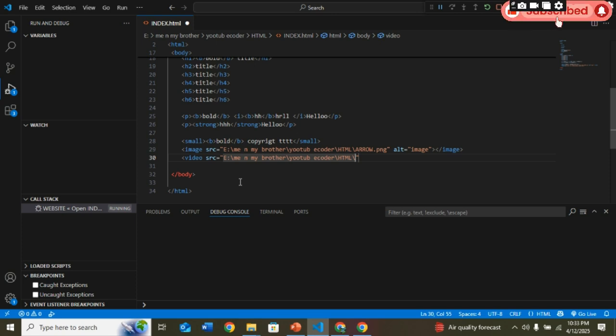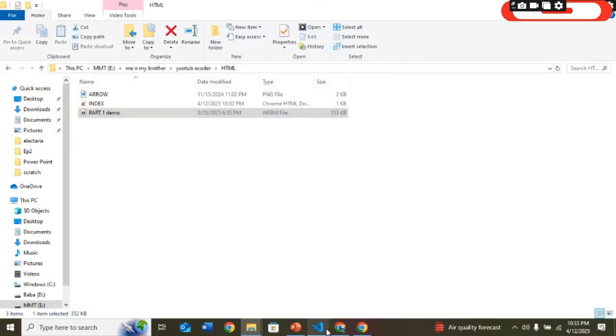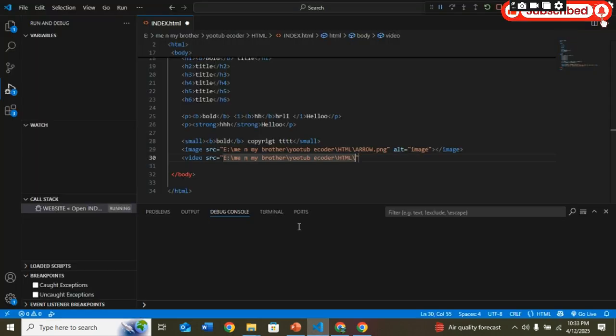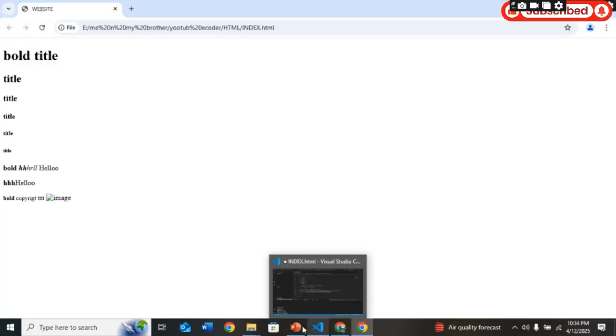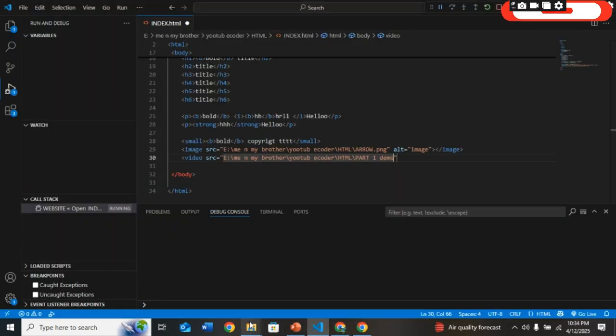Add this slash and then add the video, which in my file its name is part 1 demo, part 1 demo, and then add the file format, which is